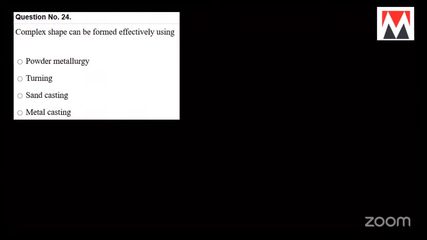The answer is powder metallurgy. See, even with sand casting also, you can make, you can't say complex shapes, but bulk manufacturing or bulk casting will be done with sand casting. Suppose you have bigger shapes: equipment bases, sheets, everything can be made with the help of sand casting. But this won't be this much intricate. Suppose you have this shape. This is easy to produce.